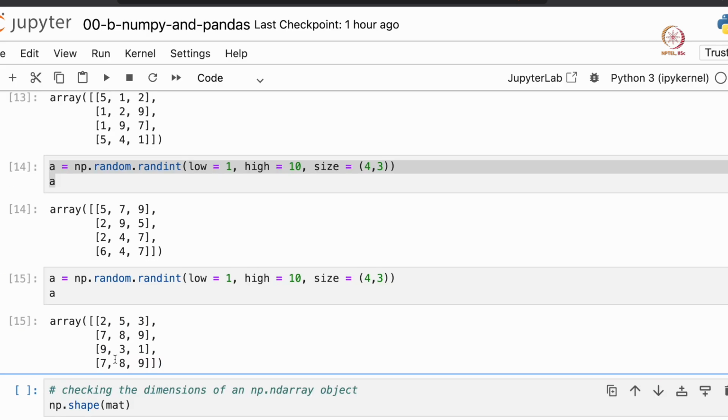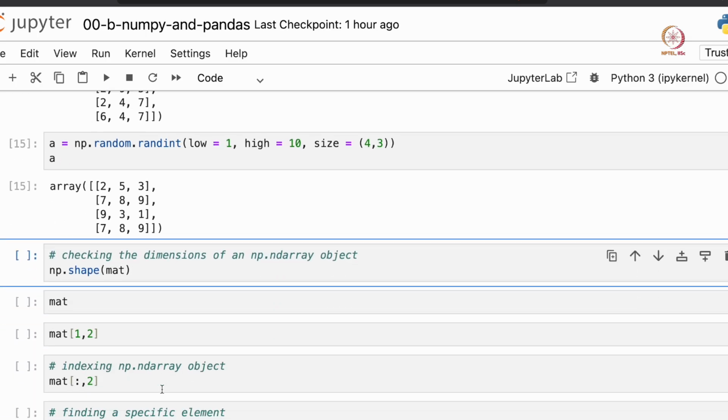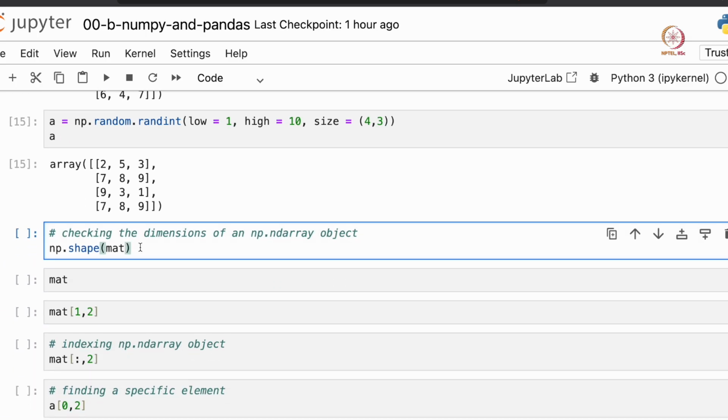So this is again slightly different, but the nth run, always the nth run after fixing a random seed, is always fixed. So that's how we ensure reproducibility in our code. Now another useful function in NumPy is checking the dimension of a matrix. So you have a huge matrix and you want to find out how many rows and columns are there. So you can use np.shape and pass that matrix or vector.